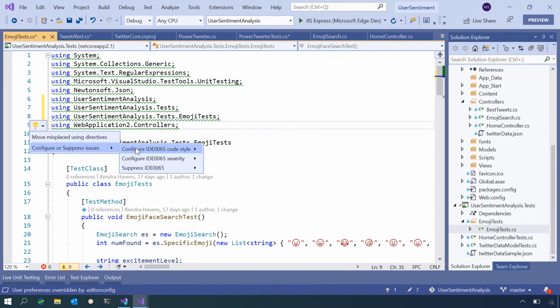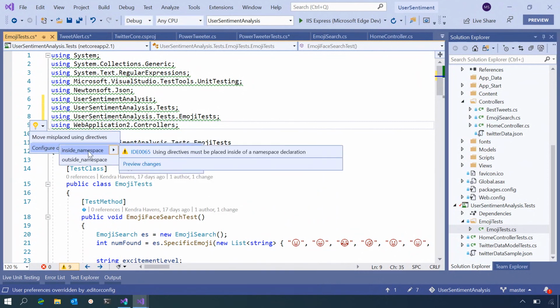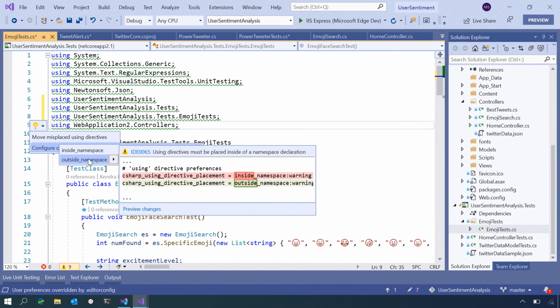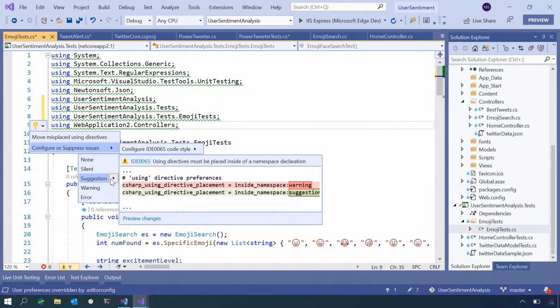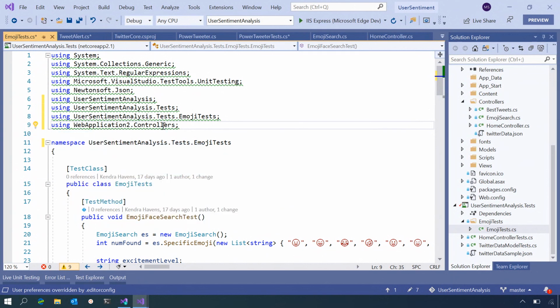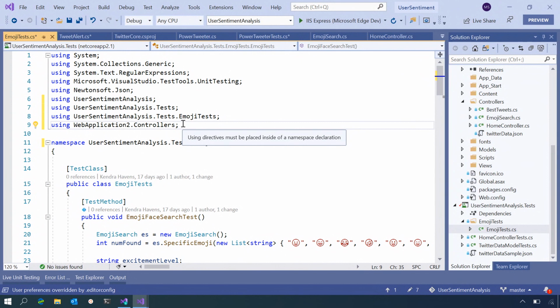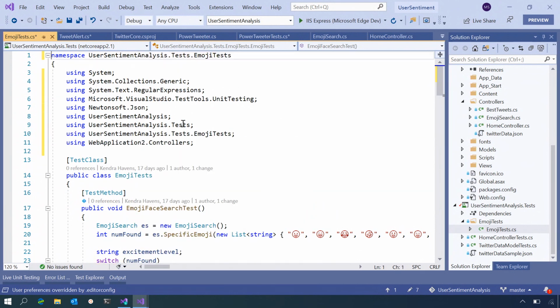If I wanted to change that, again, I could open these little dialog boxes and actually edit this and say, like, actually, it's fine outside a namespace or not. And I can change the severity from those dialog boxes as well. So I could change it back to be silent if I wanted to. Well, but if you do want to move it inside the namespace, what's important is that it is inside of it and it's properly tabbed over and